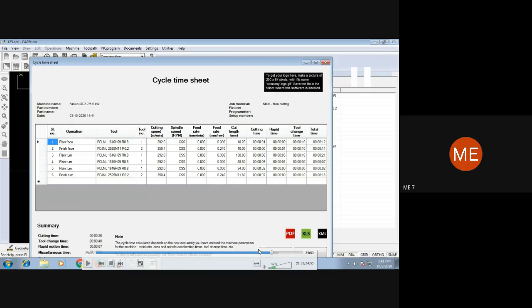Once you click on cycle time, it will give you a chart of what is the tool, its tool number, the cutting speed, the spindle speed, feed rate, the length of the cut used by that particular tool, how much time it requires, the tool changing time, and overall how much time tool number one has taken for its operation, and similarly for tool number two and so on.